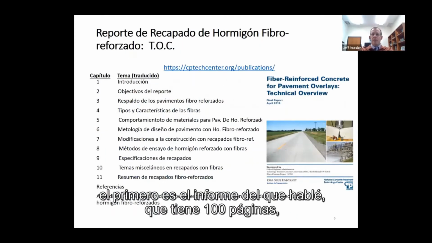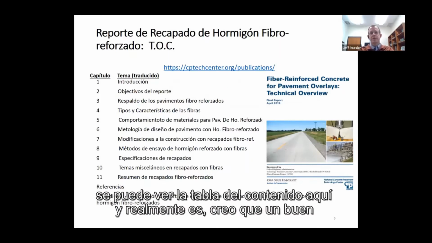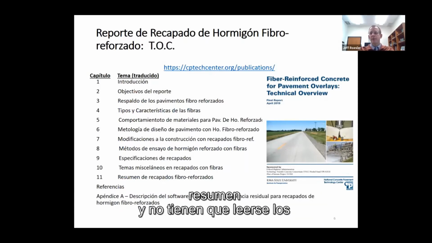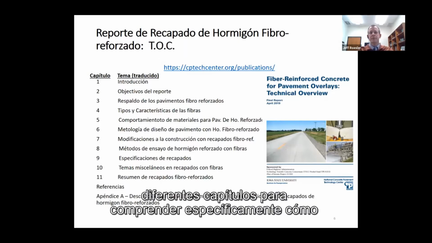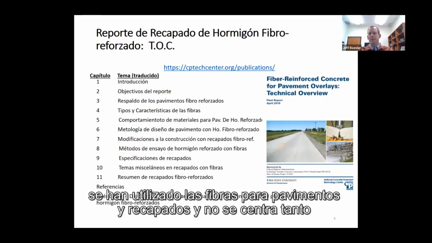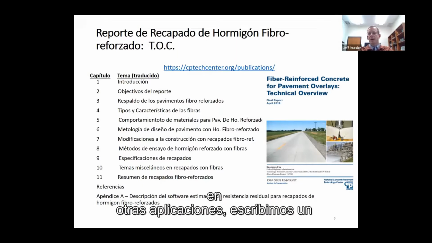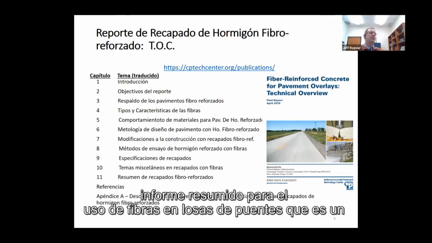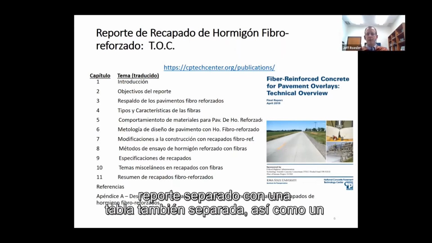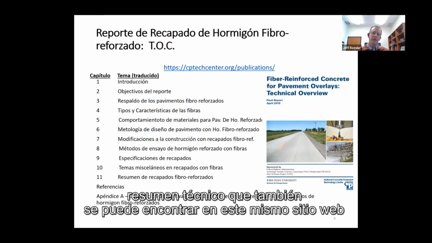The first is that report I talked about. It's 100 pages. You can see the table of contents here. And really, I think it's a good summary, and you can read different chapters to understand specifically how fibers have been used for pavements and overlays. It's not focused so much on other applications. We did write a summary report for use of fibers on bridge decks. That is a separate report, as well as a technical brief. You can find that also at this same website,